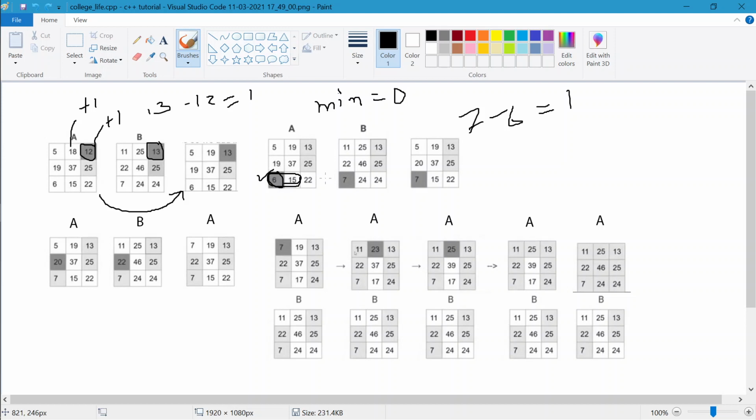You can choose anything, like I'm choosing this column. After choosing that, you add plus 1 here. Oh, why am I adding in B? Sorry. Here plus 1, and in 19 plus 1.